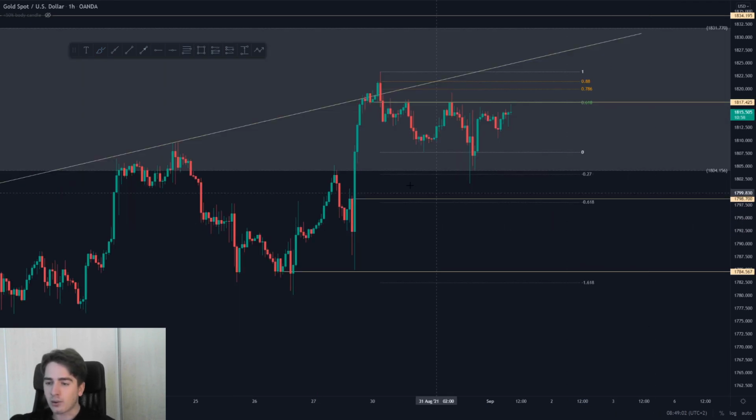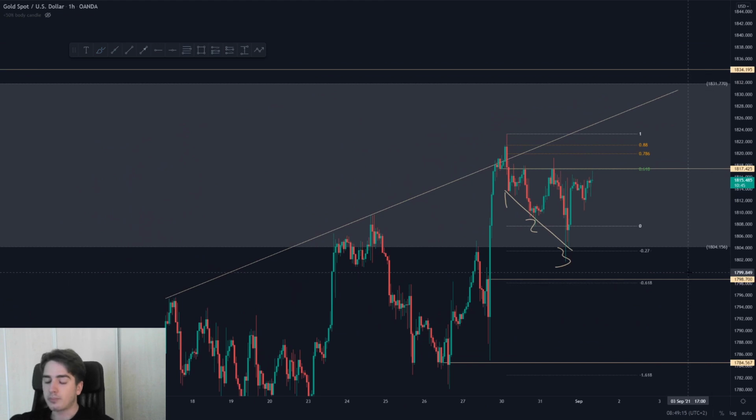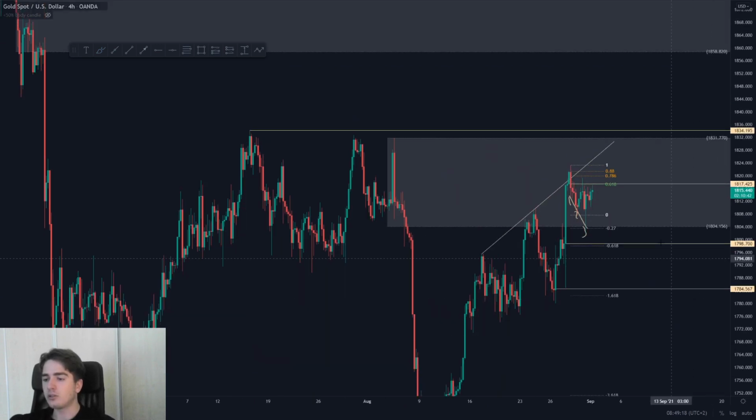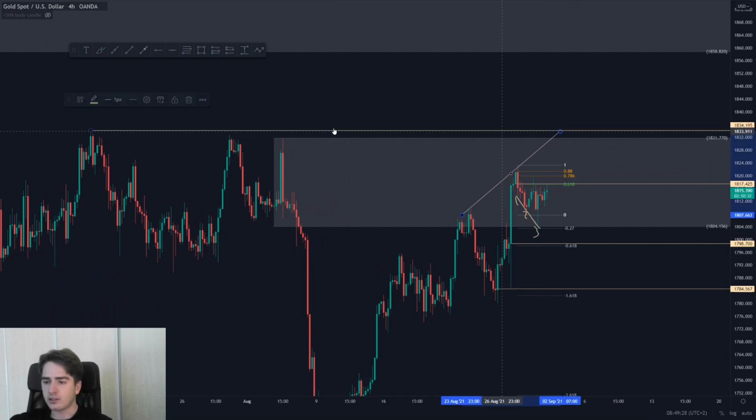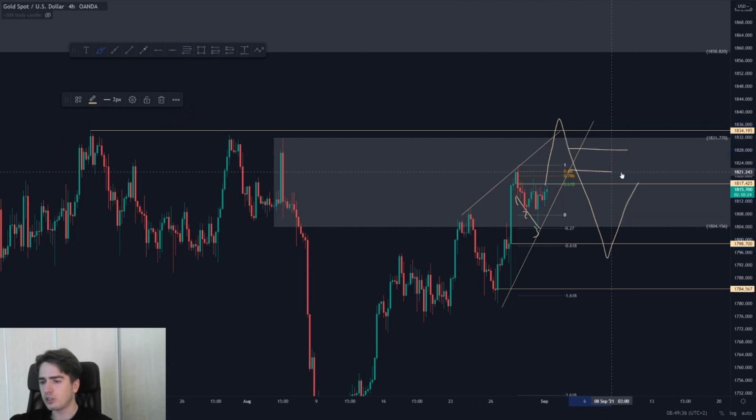So looking at the 1-hour, essentially we just saw a nice double bottom on gold and a channel form like this, or at least this lower time frame trend line with the 1, 2, 3. And we are now expected to move up higher, in my opinion. Still just aiming for 1834 to get hit before looking for any potential shorts. So maybe potentially form something like this over here in the form of a wedge in towards 1834 to then look for shorts and then take an initial position over here at supply and the 618.